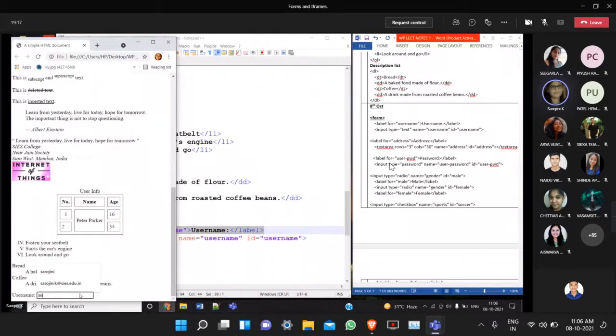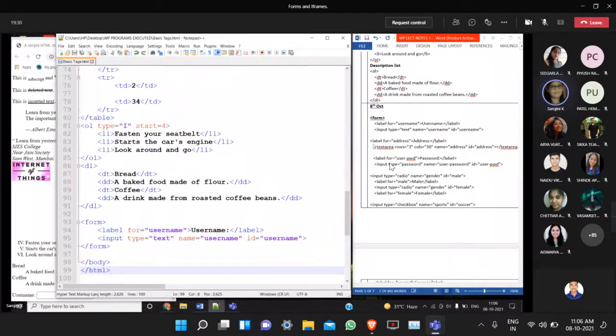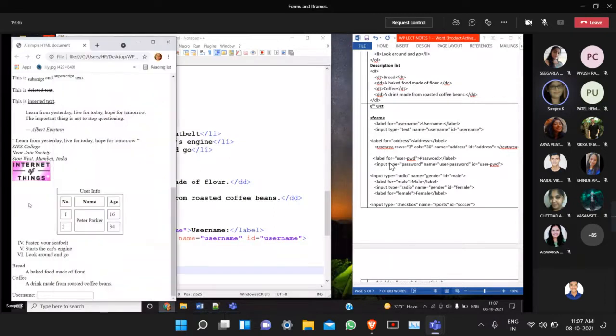Now inside the text box, you can write, as it is a name, you can write the name. Now next, look at the next element. The text box is displayed, and within this text box you can write a line of text. You did not limit how many characters, and you did not limit the size of the text box. So a single line of text you can input using the text box.